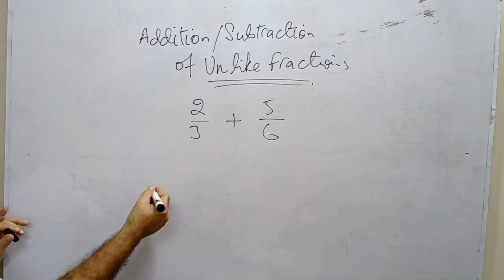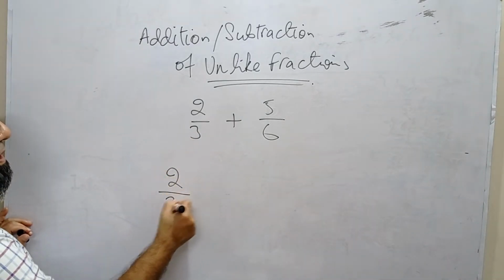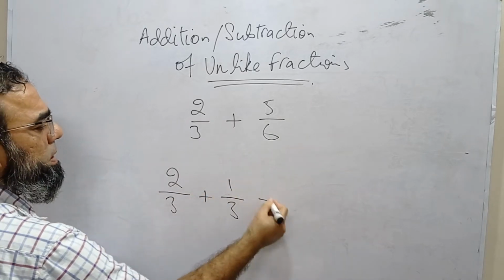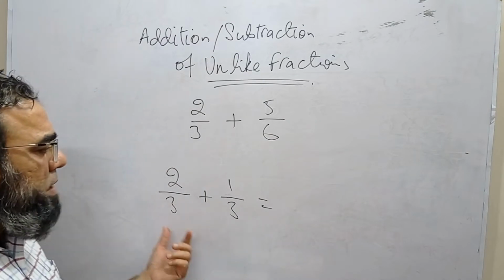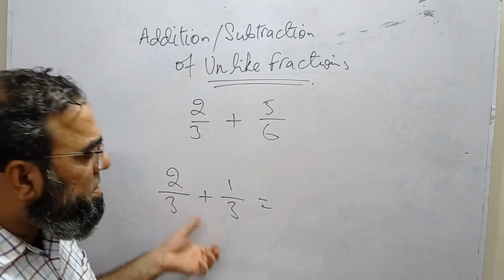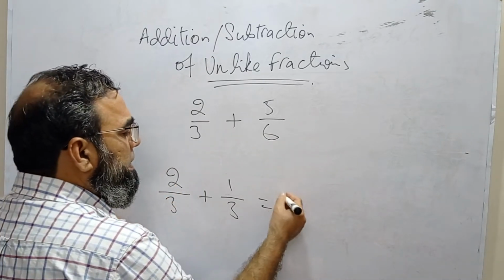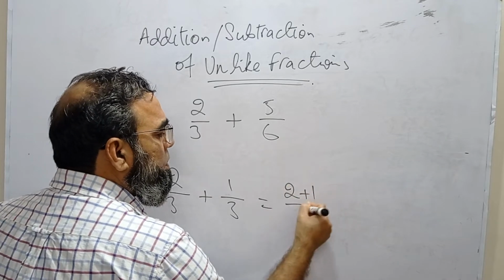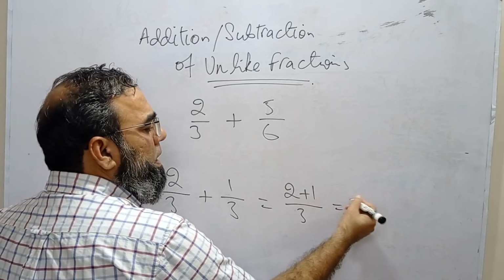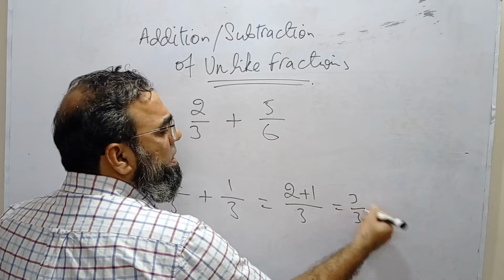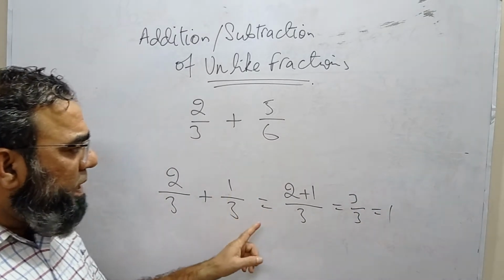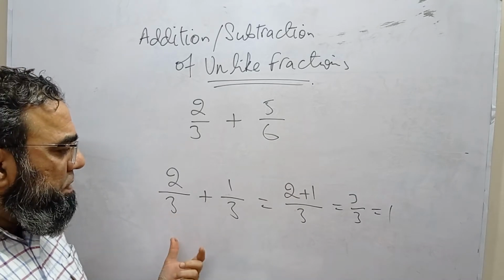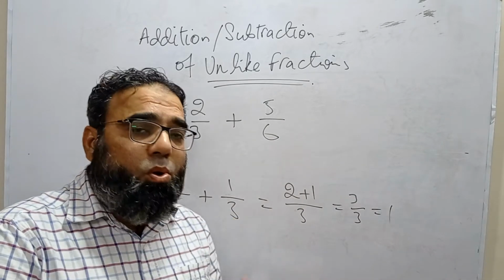Now, just to make you recall, suppose it was 2 over 3 plus 1 over 3. So this is actually 2/3 plus 1/3. So that means there are 3/3, okay? So you could simply write it as 2 plus 1 over 3. So this is going to be 3 over 3. You can write it as 1 as well. So we can only add or subtract the fractions if they have the same denominators or if they are the